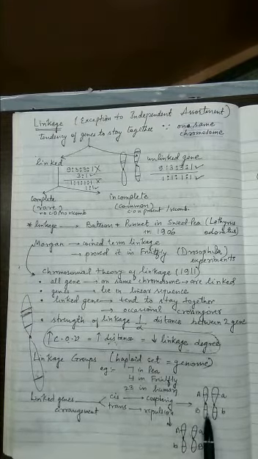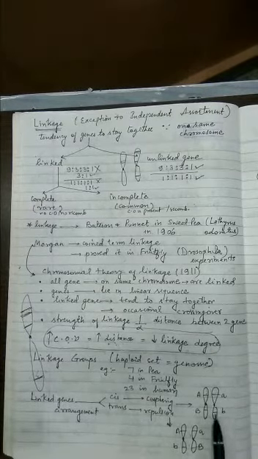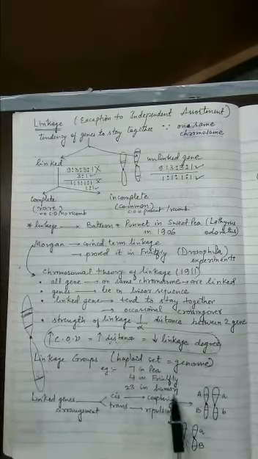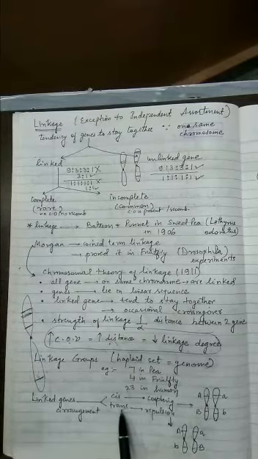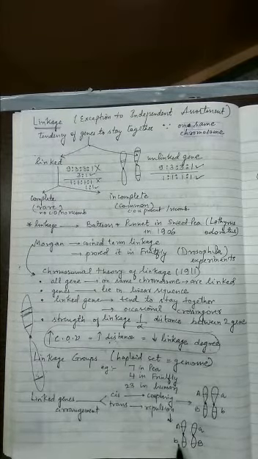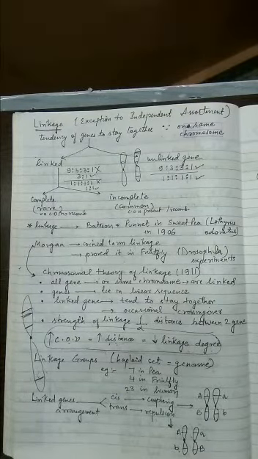So when the capitals of the genes are present on one member of the homologous chromosome and the smalls are present on the second chromosome of the homologous pair, you call it cis or coupling type of linkage. And when the arrangement is such that one gene's capital and the second gene's recessive are present on one chromosome, you call it trans or repulsion type of arrangement of the linked genes. So linked genes can arrange in cis form, or they can arrange in trans form. Now what is the importance of linkage?